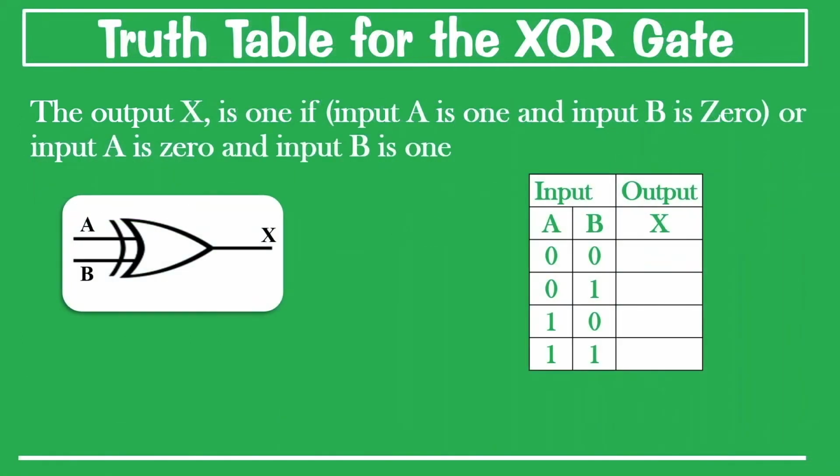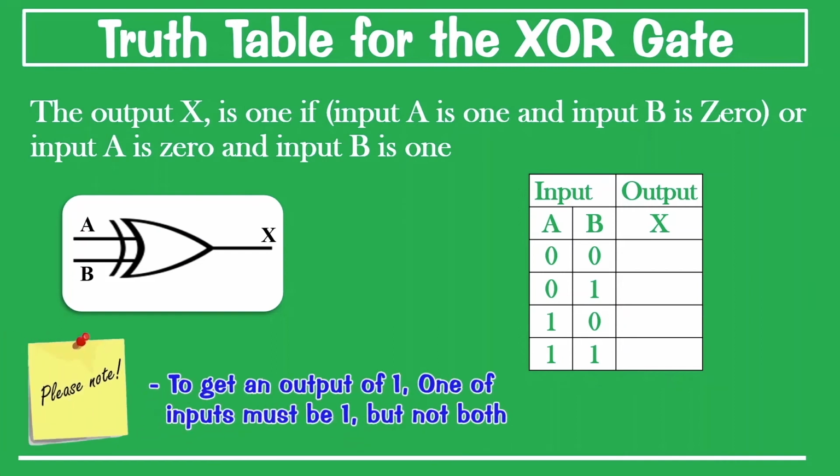Now, viewers, let's look at the last gate in our lesson, the XOR gate, which is the OR, NOT, or both. This is when exactly one input is true and not both. The output X is 1 if, let's say, input A is 1 and input B is 0, or input A is 0 and input B is 1,